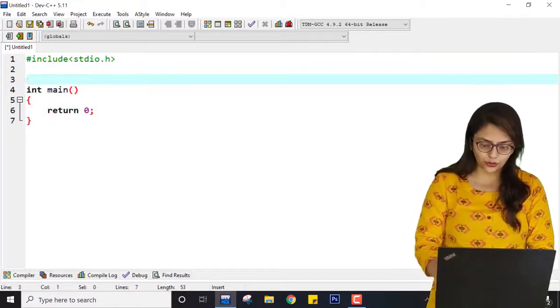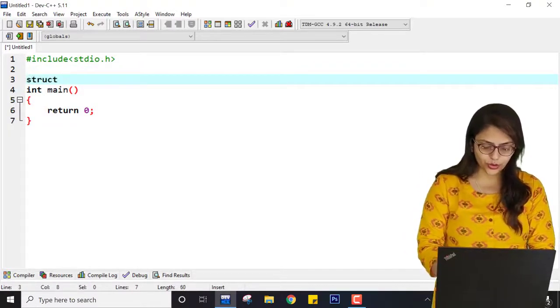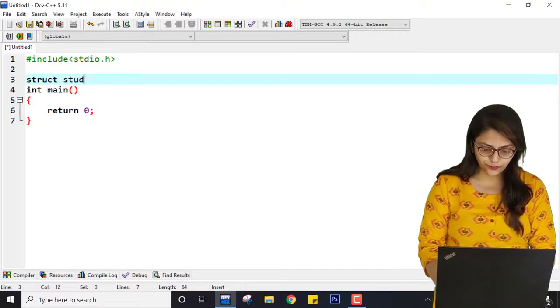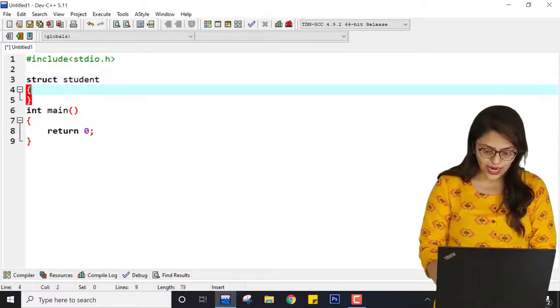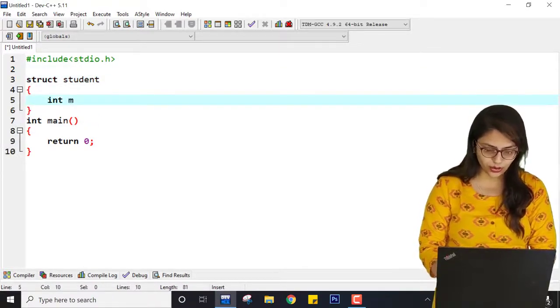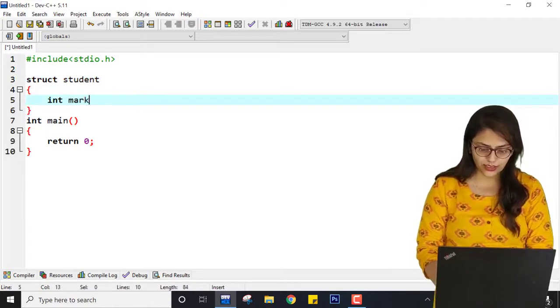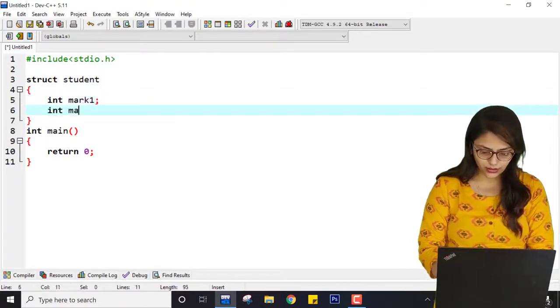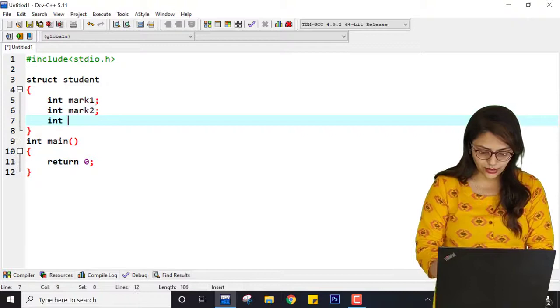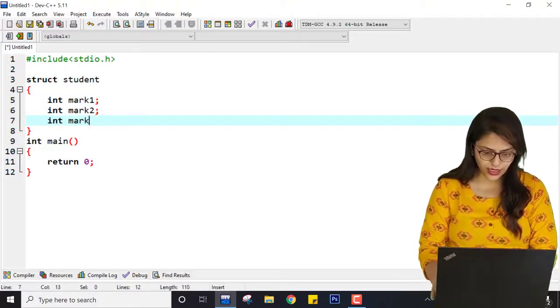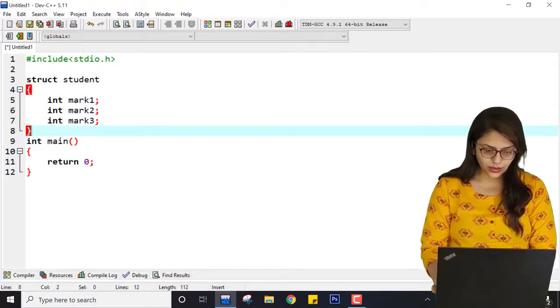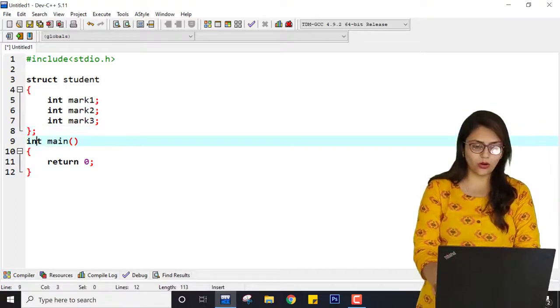Now I will show you about the structure. So struct stud, that is student structure, and inside this I am taking three integer members, that is int mark1, int mark2 and int mark3, and here you have to do semicolon.